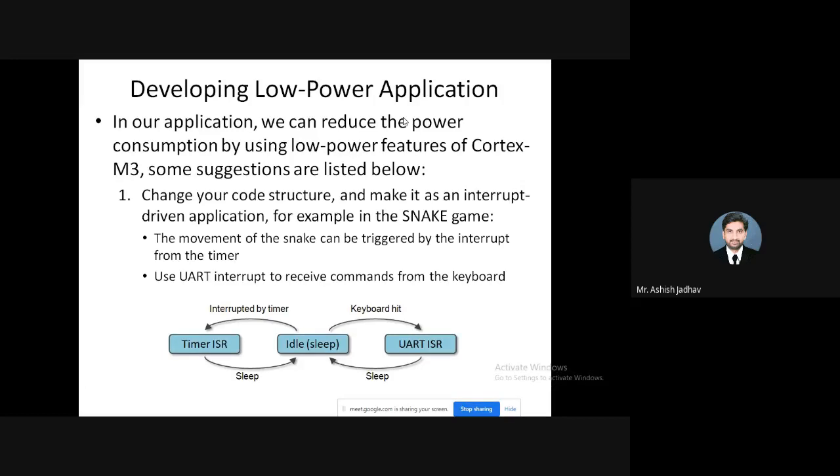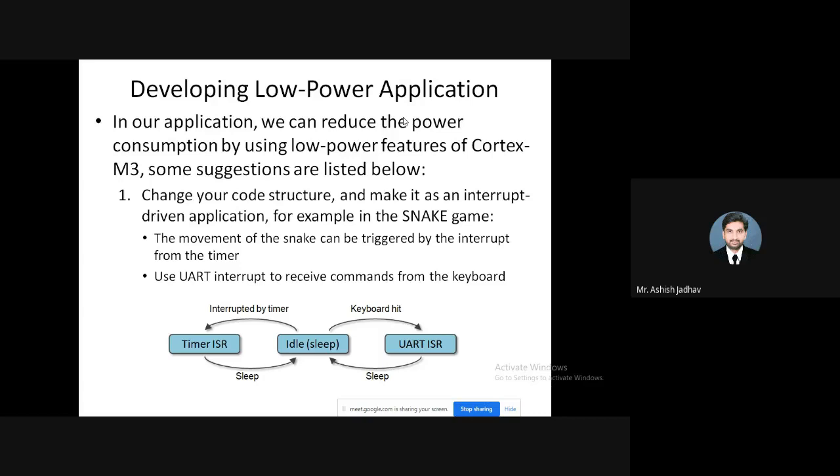A small electronic device should be battery operated, and it should possess the property of low power consumption, in order to extend the battery life. So for any battery operated application, we should ensure that we are developing it with low power assumptions.